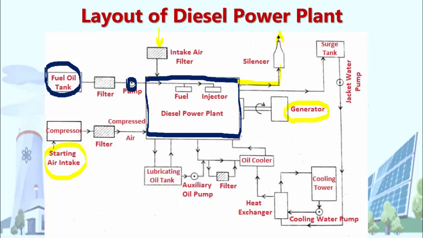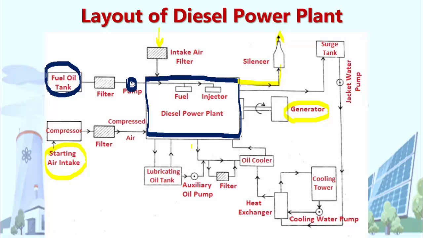Now, what are all the auxiliary circuits required for the diesel engine? You know that when combustion takes place inside the diesel engine, an enormous temperature is produced, that may be near 1300 to 2700 degrees Celsius, right? So the engine gets heated. That engine has to be cooled in order to keep it in working condition. If the engine temperature keeps on rising, it will affect the combustion process. That is, improper combustion will take place.